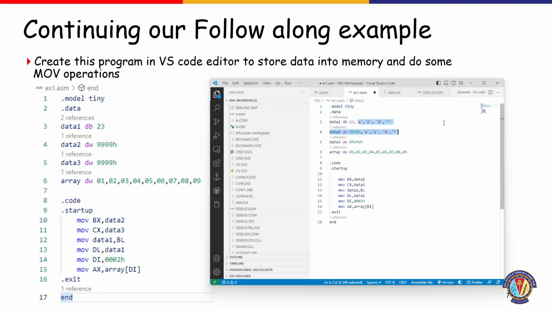There are a few additional things which I'll remove now. This 999, you can as well leave it to 9876, because this will give you even more clarity on how this 769876 is stored in the little Indian format. So this is the move operation. Our focus right now would be on the data segment, how this data segment is getting stored in